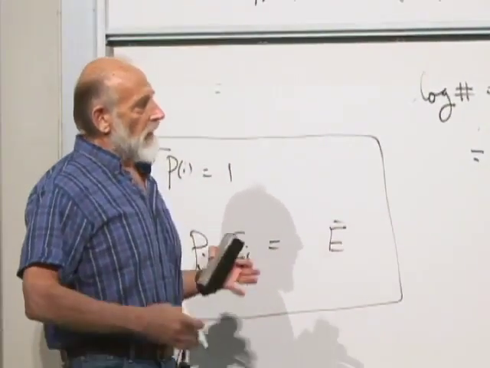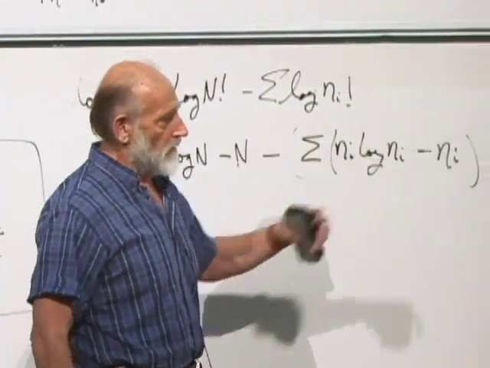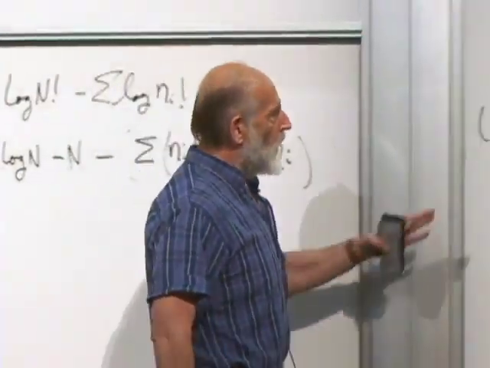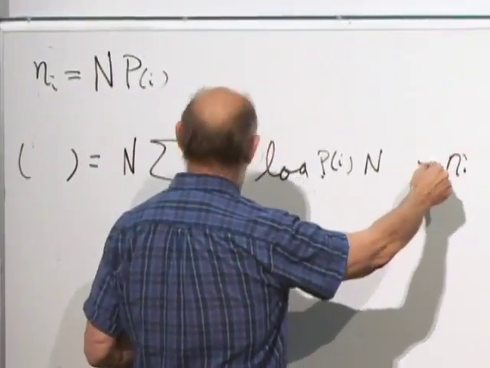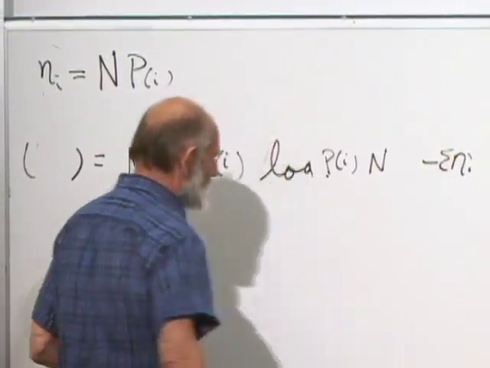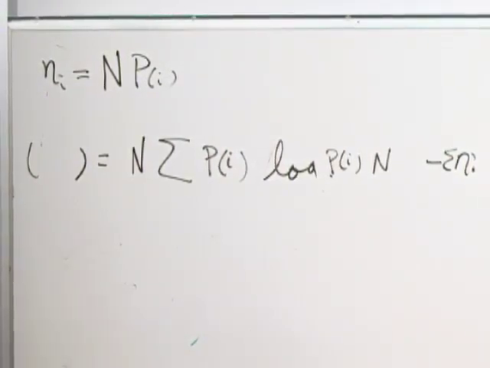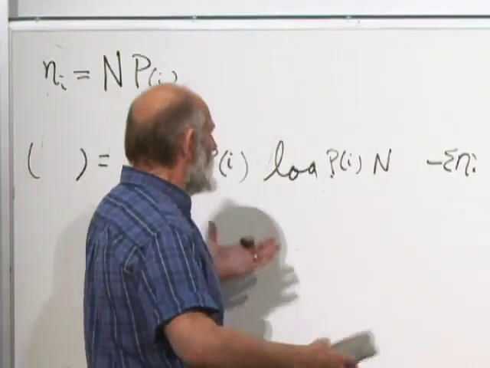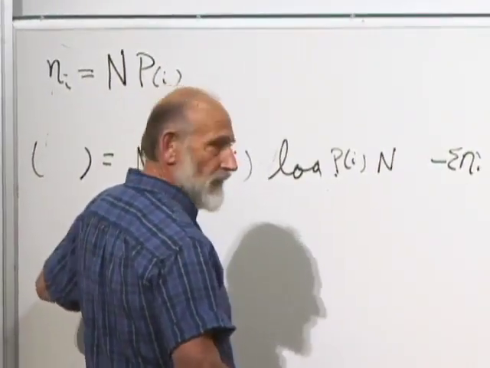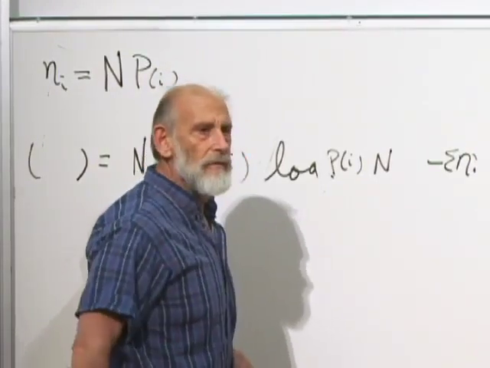The summation of n sub i log n sub i, minus the summation of n sub i. Okay, so I won't bother writing... yes, I will bother writing it. Minus the summation of n sub i. Why don't you just write p sub i then? On the last term, I could write p sub i there. You mean leave it through the factor of n here? Yeah, I could.